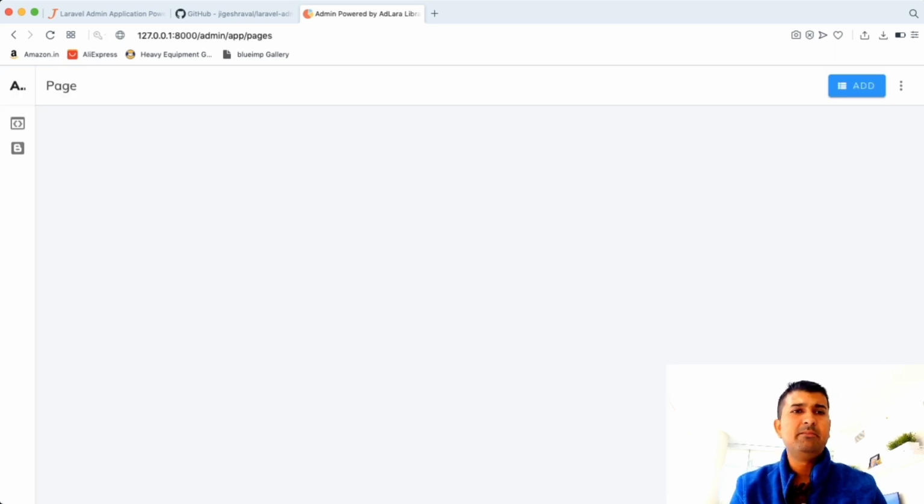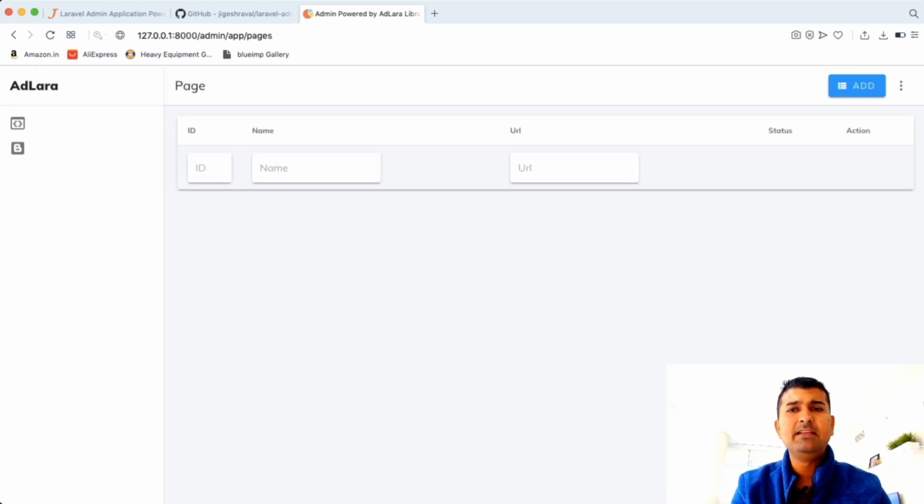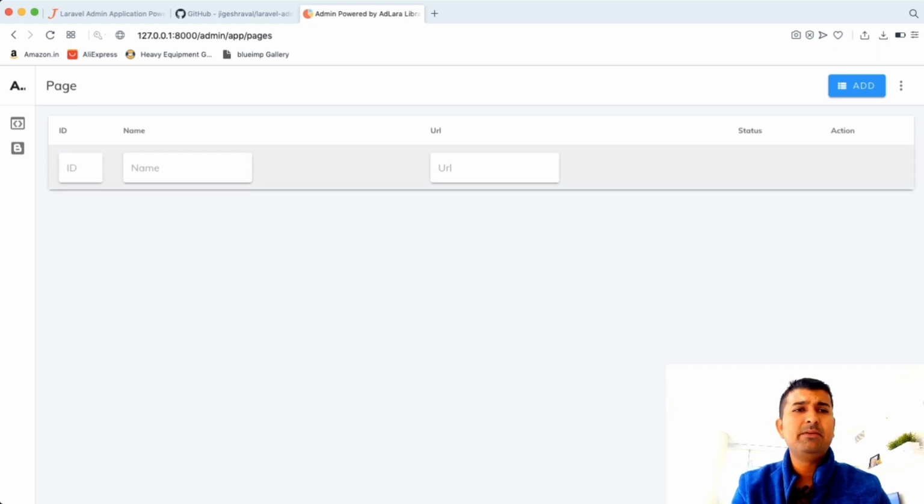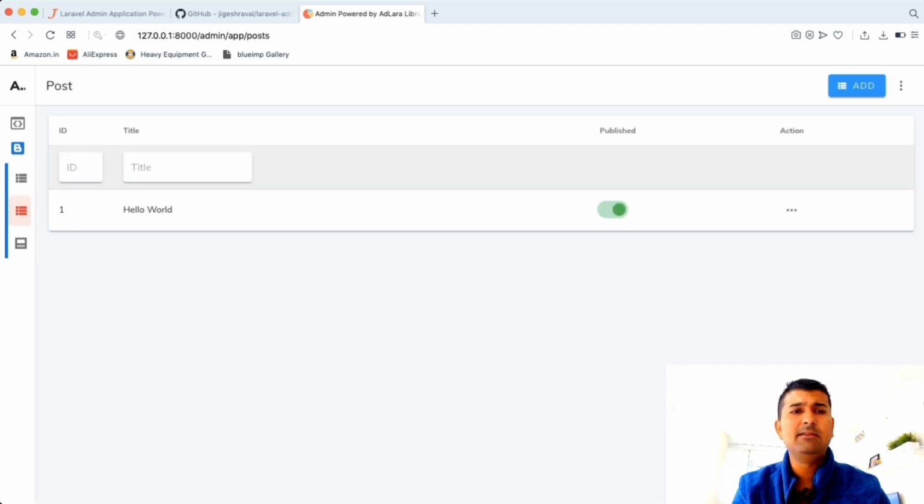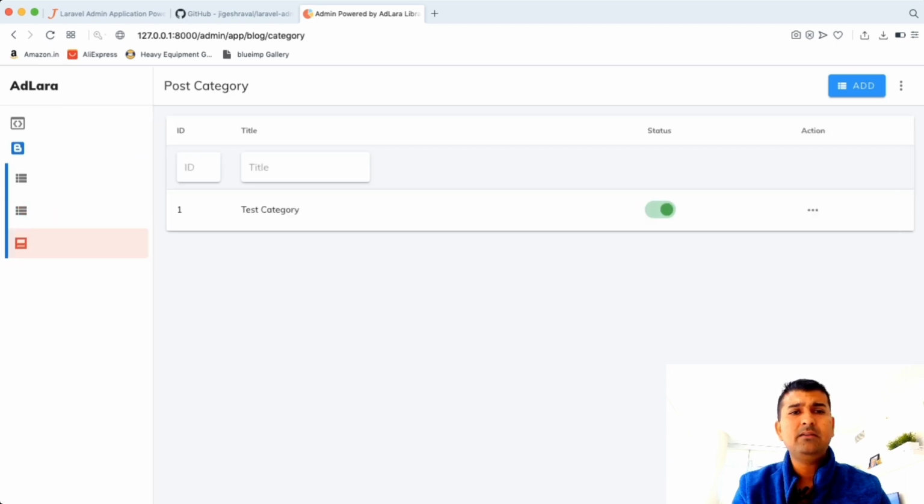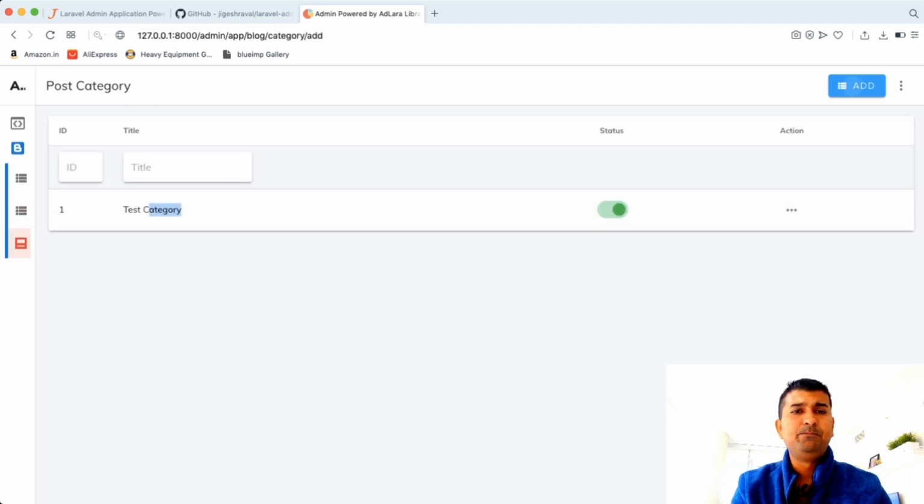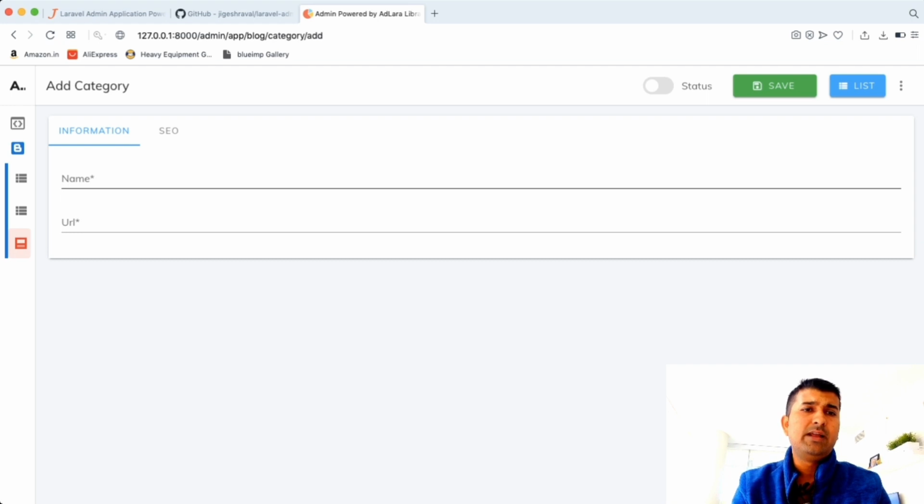So pretty much, as you see, the static page component is included. I'm also giving the post and categories for the blog component. So this is out of the box. You can see one blog post here, also one category here, and you can see how you can add